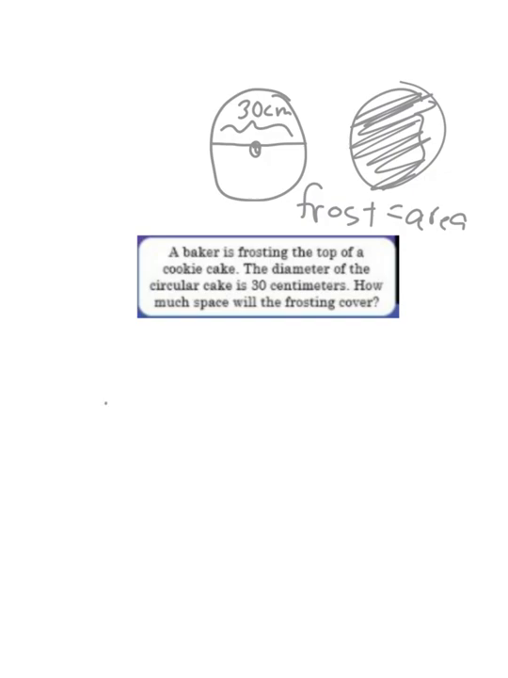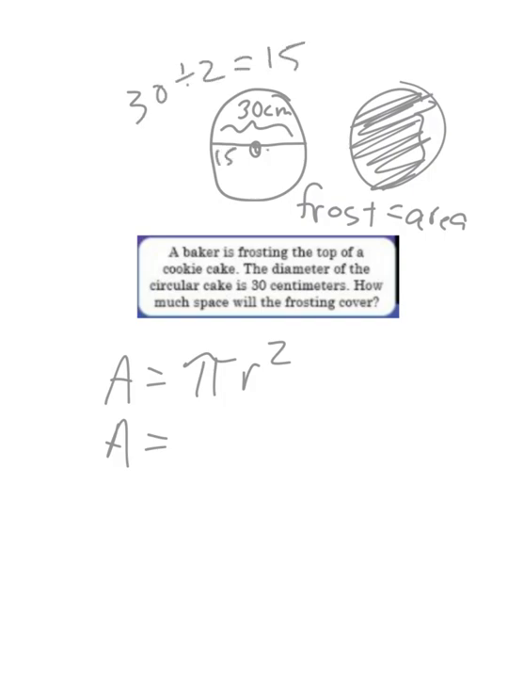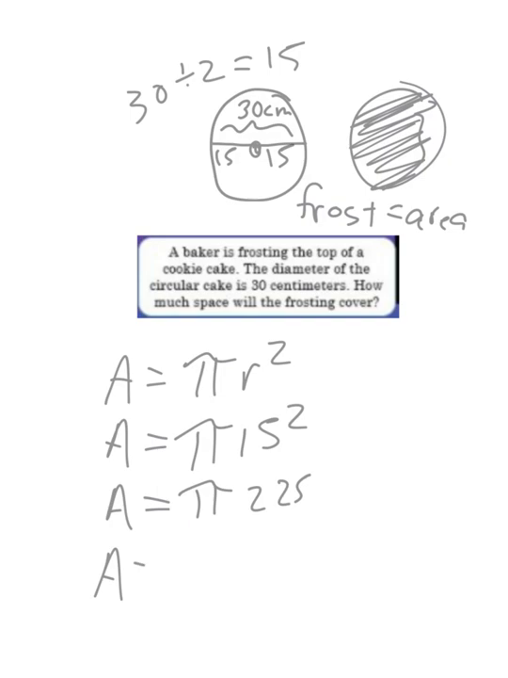So for area, we know that our equation is pi times r squared. Okay, first step, I'm just going to plug in my value for radius. 30 divided by 2 equals 15. So that just means 15 and 15. Pi times 15 squared. My next step, I'm just going to evaluate that exponent. So 15 times 15, or 15 squared, is 225. Now I'm going to multiply pi times 225, and I'm going to get an area of